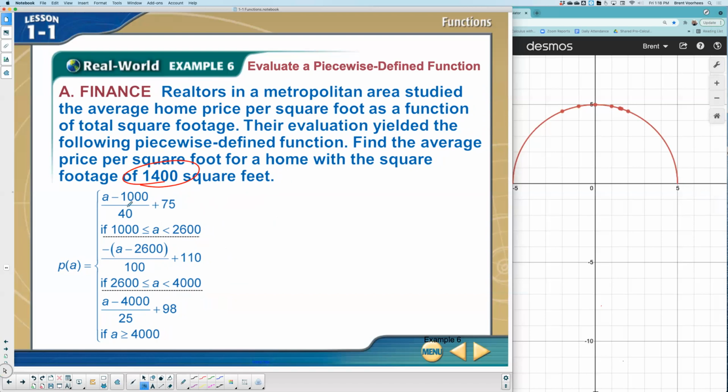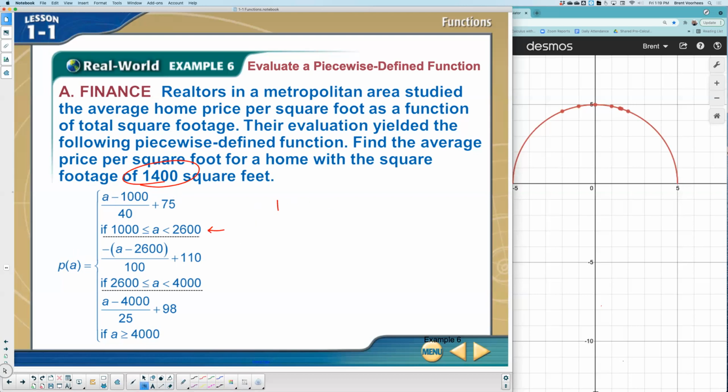So this problem has 3 pieces, 1, 2, 3. We have 1,400 square feet. You need to find out, is that 1,400 part of the domain of piece 1, piece 2, or piece 3? So question, I'm going to give you all 3 options first. Is 1,400 option 1 in between 1,000 and 2,600? Is it option 2 between 2,600 and 4,000? Or is it option 3 greater than 4,000? Where is 1,400 located? Between 1,000 and 2,600? 2,600 and 4,000? Or is it bigger than 4,000? The first one. 1,400 is in the first one, which means to get my solution, what I would do is